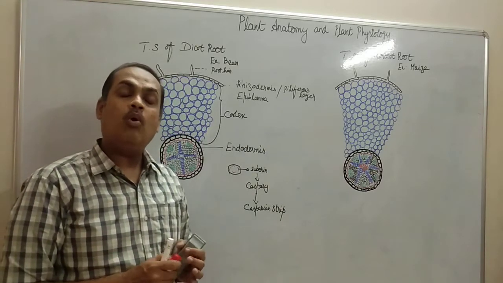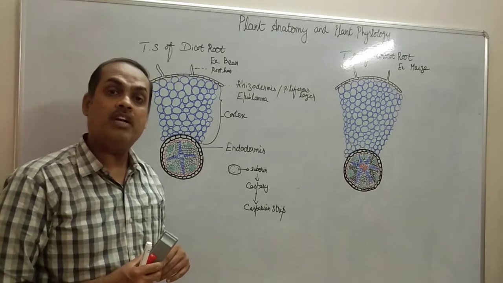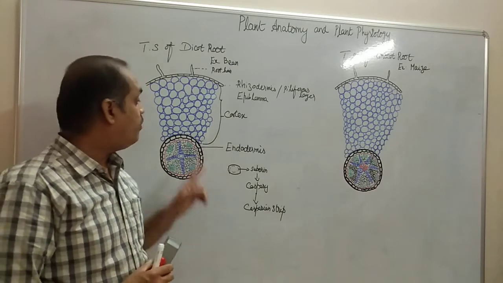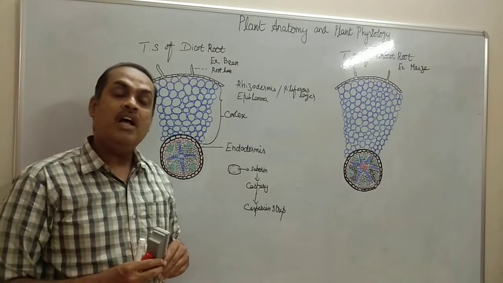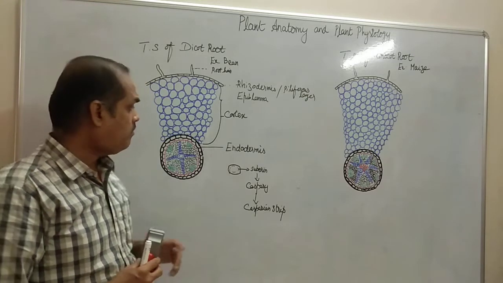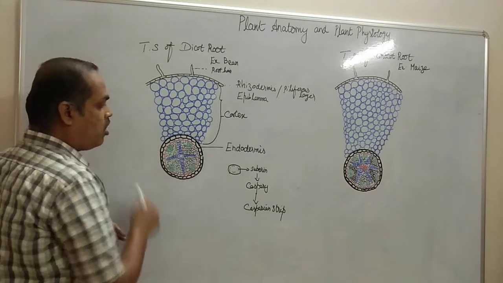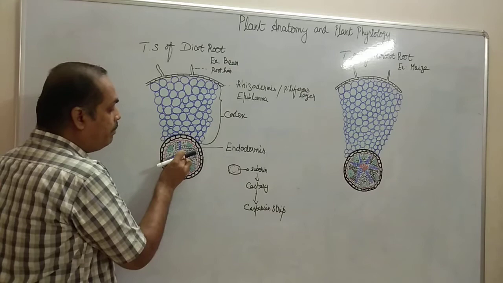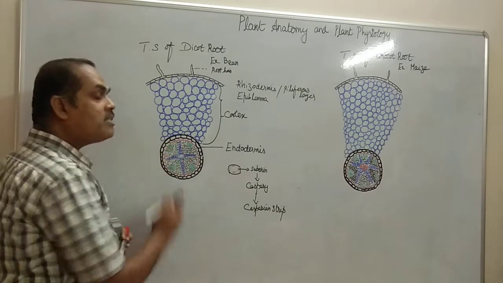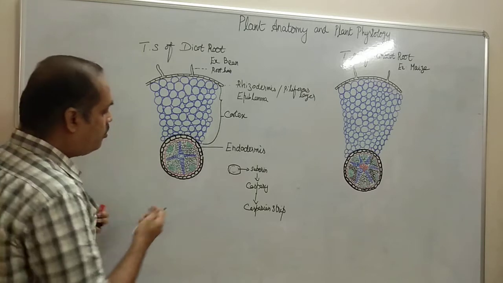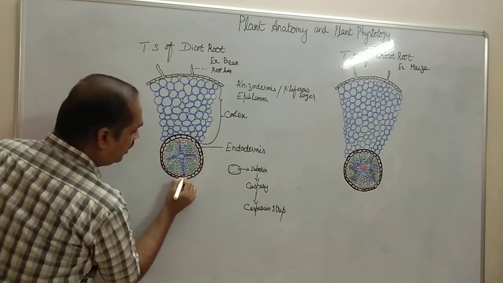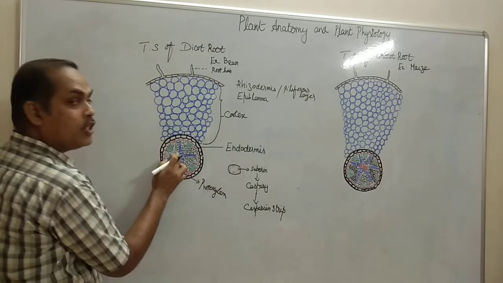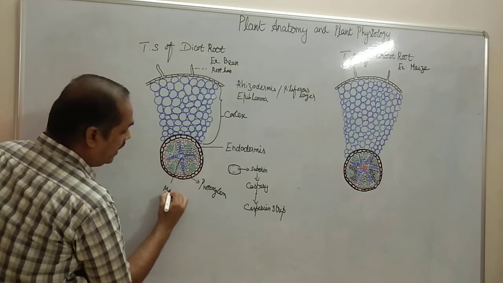Now the function of the Casparian strip. Casparian strip will not allow water to enter into these cells. They are generally hydrophobic. That means they will not allow water to pass into these cells. If water is not able to pass through these cells, then how xylem will conduct the water? Now the blue color cells which I have drawn is the xylem. You will be able to see a small xylem towards the periphery and the bigger xylem towards the center. So the smaller xylem is called as protoxylem. The xylem which is found towards the periphery is called as protoxylem. And the xylem that is seen towards the center is called as metaxylem.